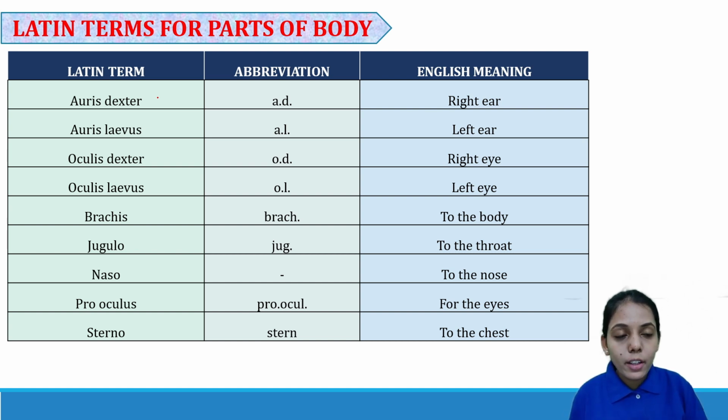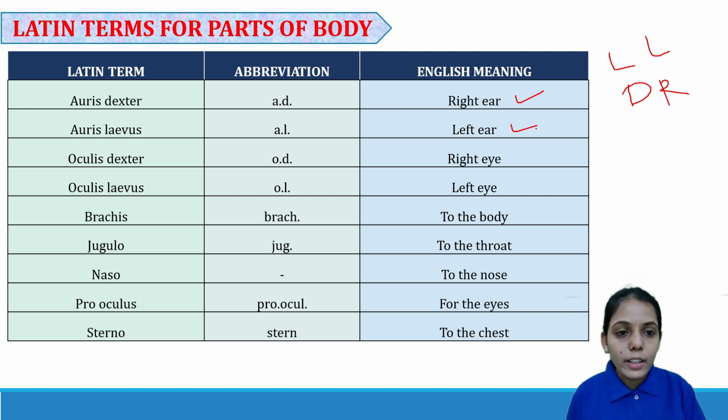Levo means left, LL you can remember. Levo-rotatory means left and dextro-rotatory means right. So dextro is the word related to right, and oris is the word related to ear. So it will be right ear. Oris dexter: oris means ear, dexter means right. Similarly, oris levis, that is left ear. Levis means left, oris means ear, so it will be left ear.